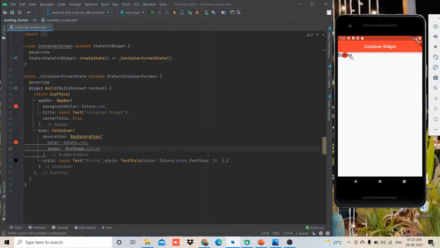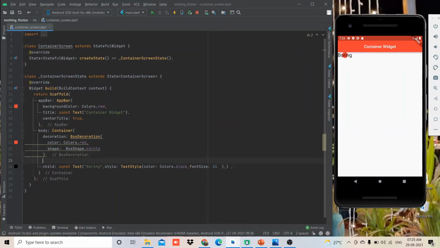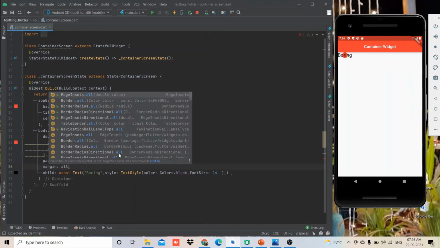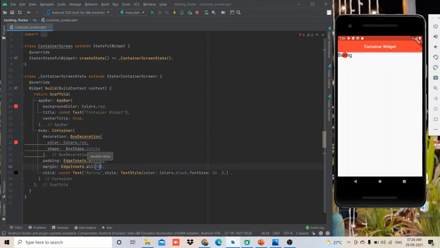If you want to add the style decoration, you can add margin and padding just like we used earlier.